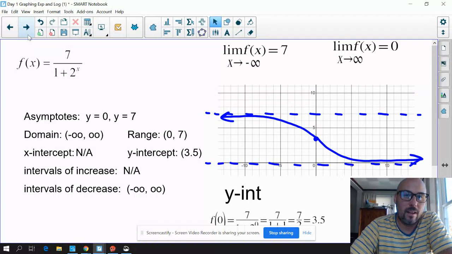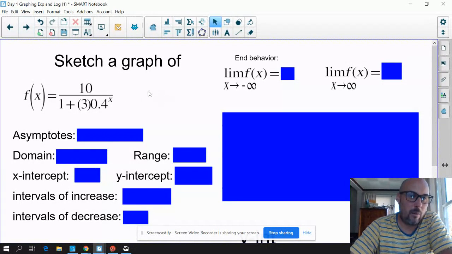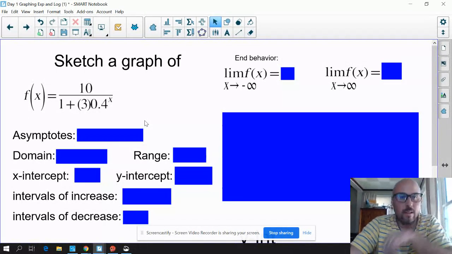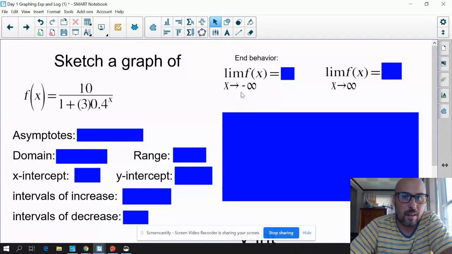Let's try again. To really participate here, I would pause the video and try to determine what are the two limits here. What number goes underneath these blue boxes? Okay, let's start with x approaching negative infinity. So this is 0.4 to the negative infinity. So when 0.4 gets raised to a really small number,